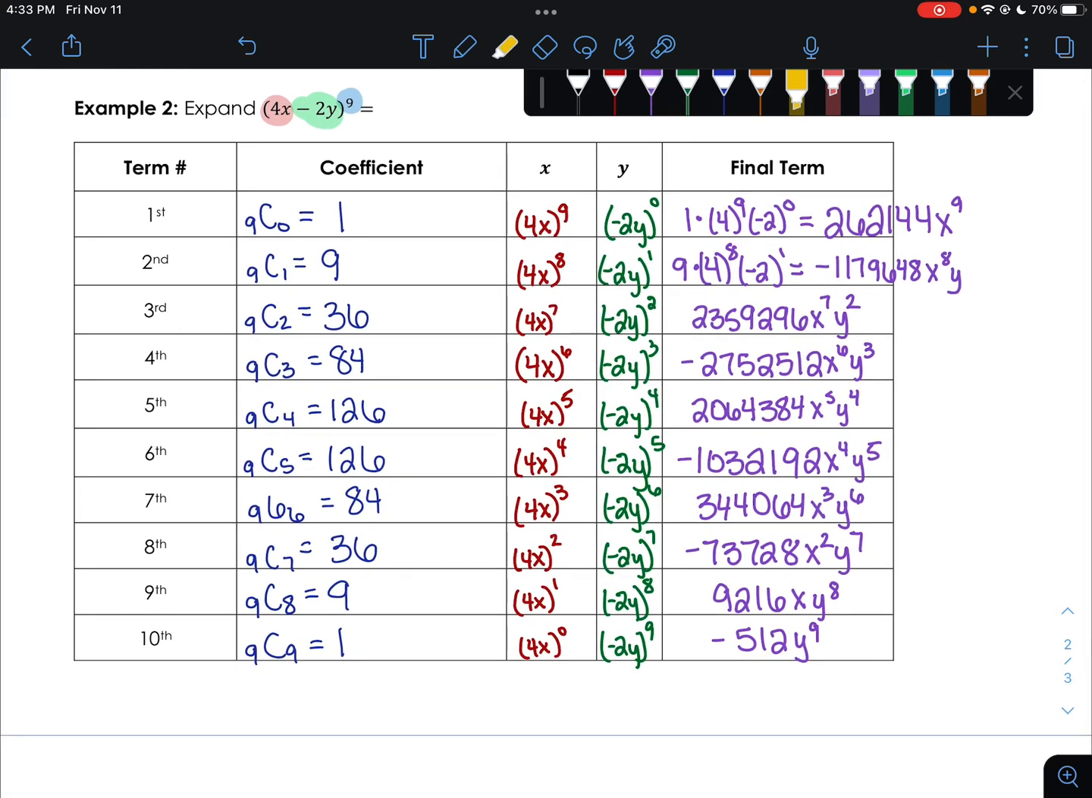So make sure you have the same answers as me. Make sure you understand how to get these answers. And if you don't, and you have a question, write it down next to this. That way we have it. So the expanded form would be that. And because this middle sign right here is negative, our signs alternate between positive and negative. Okay. So now we're going to move on to the next example,